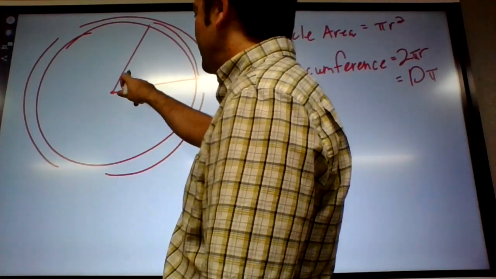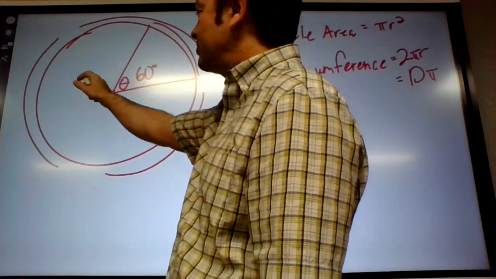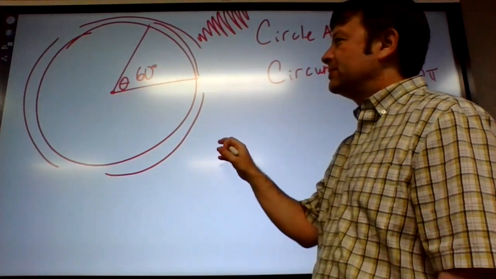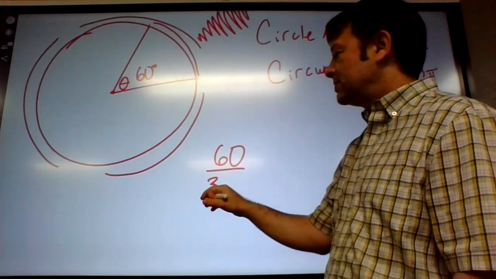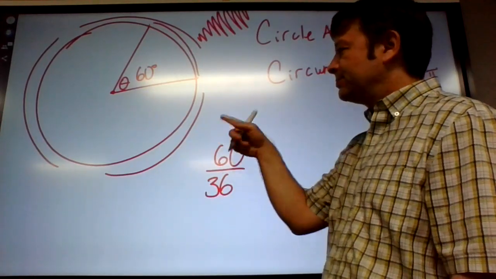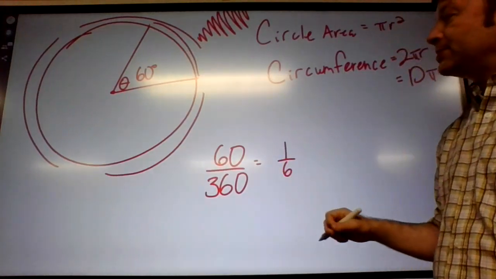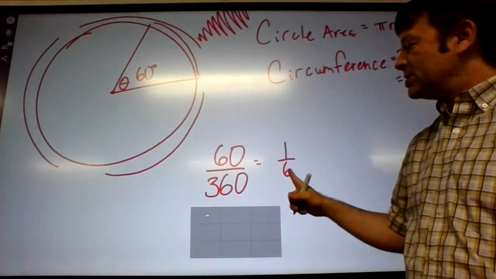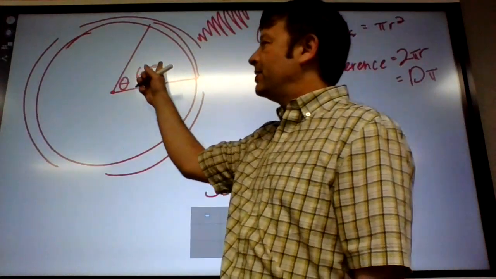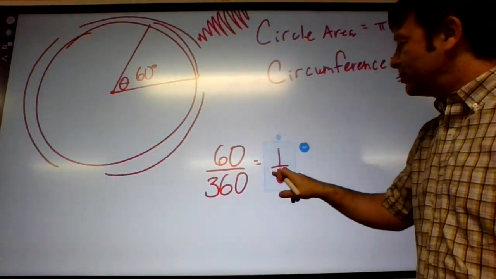So for example, if your angle was 60 degrees, what fraction of the circle is that? 60 out of how many degrees in a total circle? It'd be like 1/6 of the circle. So the area of this sector would be 1/6 of the area of the entire circle. So the formula is